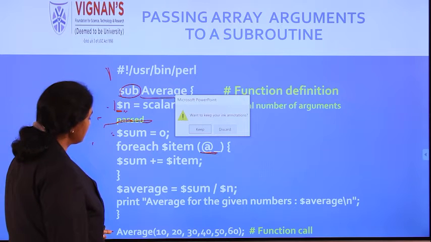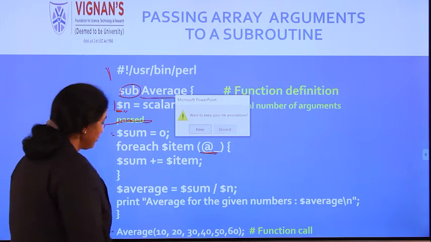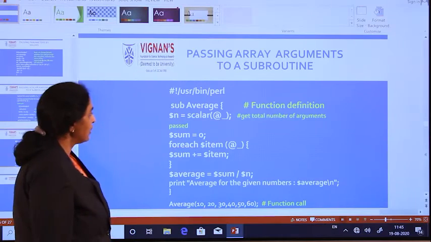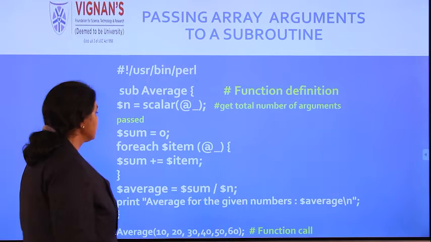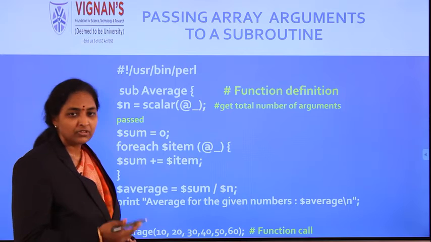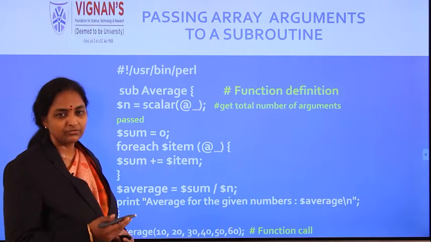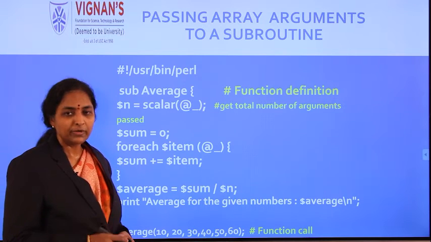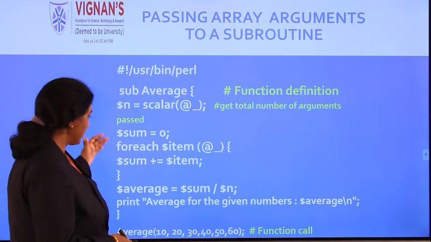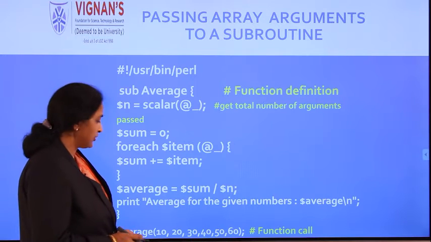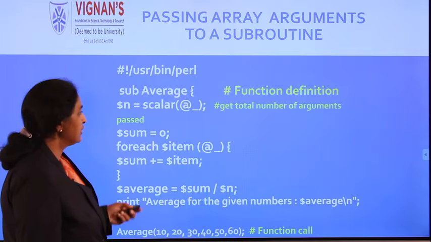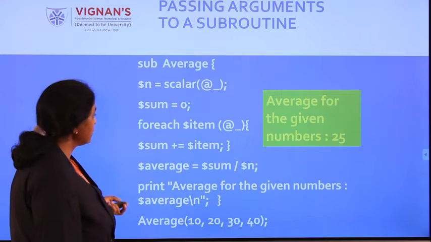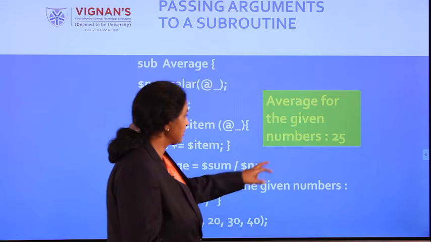So this is how you can make the function call. The function call is average of all these elements, and all these elements will be stored in @_. Earlier we saw how to pass a single variable; there we computed the area of the square. In this case we have seen how to pass multiple parameters into functions, and we handled the same thing with the foreach loop. We have done the averaging. Now see the same thing here also. It was repeated, but I have presented the answer also.